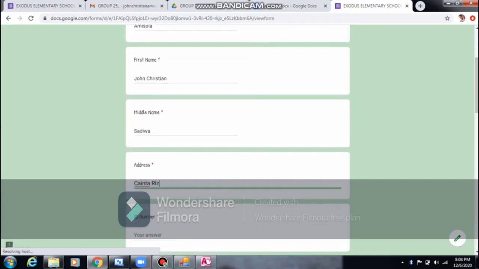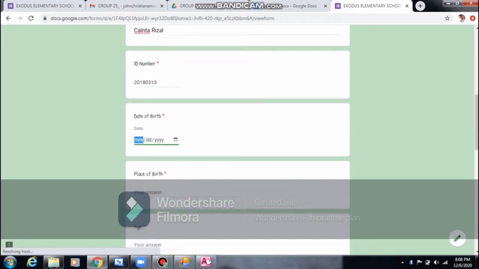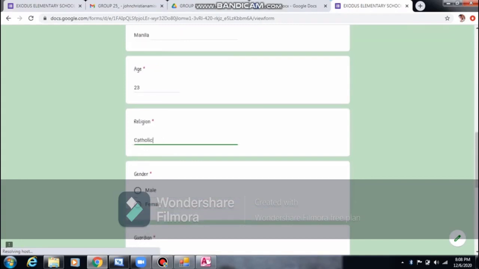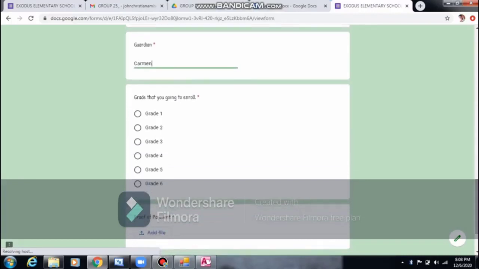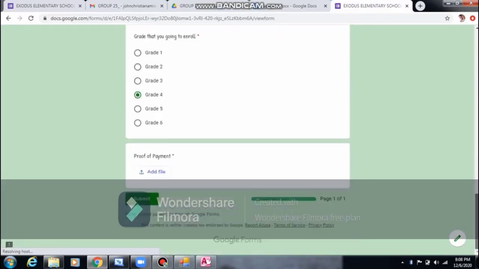Address, ID number, date of birth, place of birth, age, religion, gender, guardian, this grade that you going to enroll, example grade 4, tas proof of payment. Just required siyang mag-upload ng file na nakapagbayad na siya para ma-enroll.